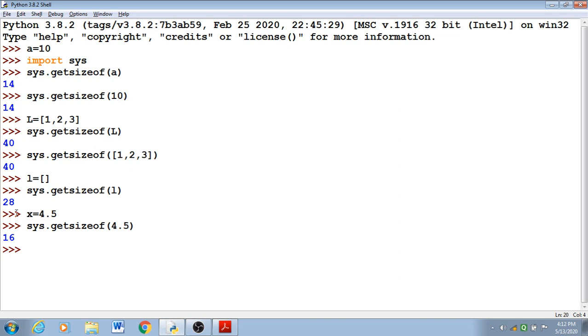Floating point sizes are greater than integers, and lists are more than that. If you use a tuple, by default, you see this is a very important point: it is 20 bytes. That means an empty tuple is taking less size as compared to a list.